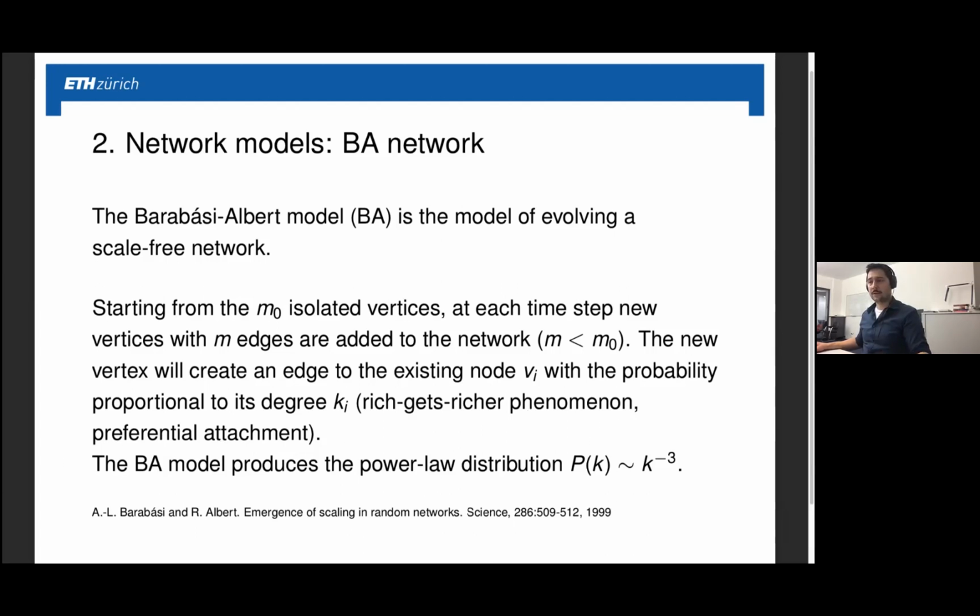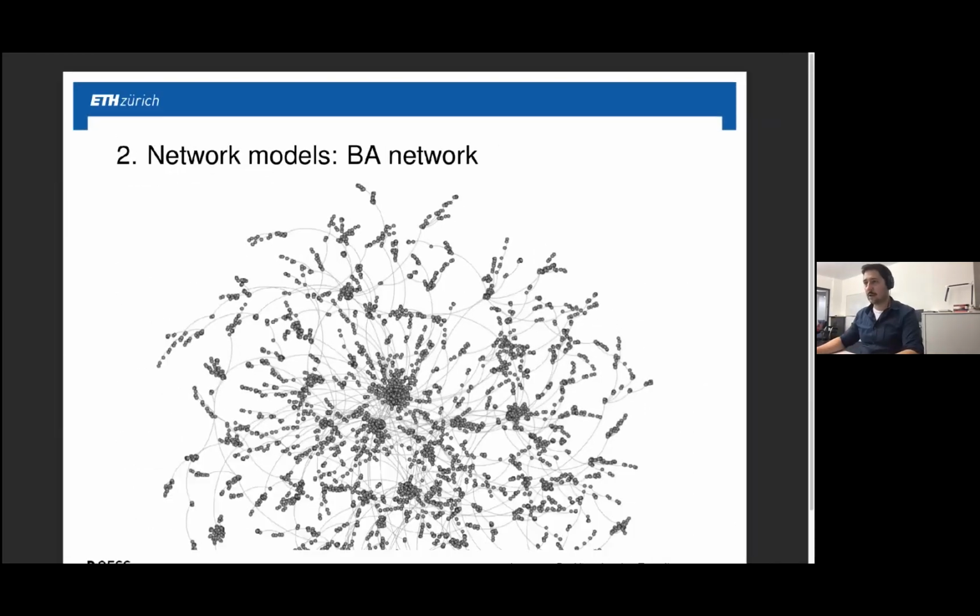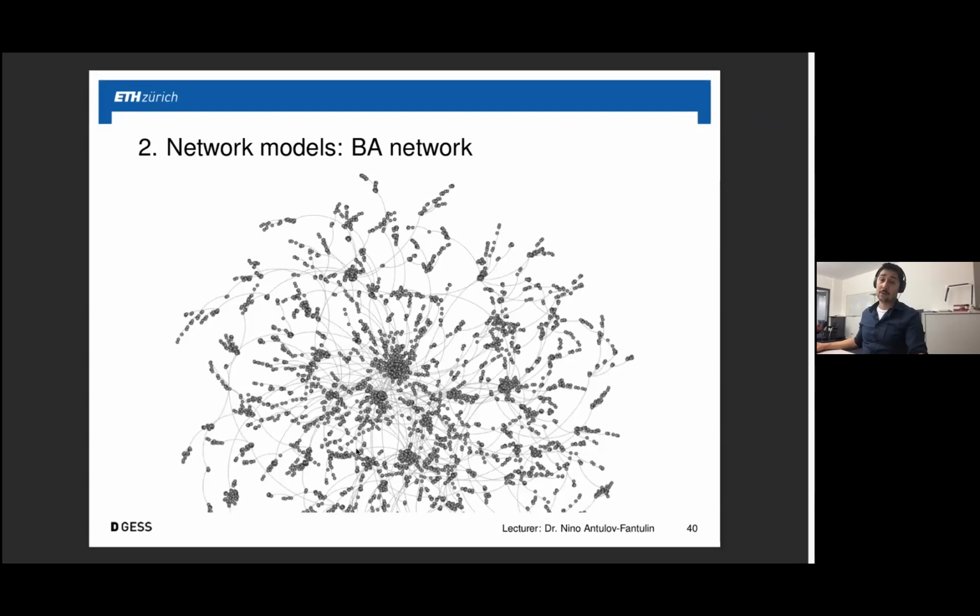Finally, if you run this, you can analyze more mathematical details in this paper, but you would be getting a distribution that is now not Gaussian-like anymore, but it has a fat tail. Okay. How does this distribution look like? How does this network look like? You can, for example, visualize it here.